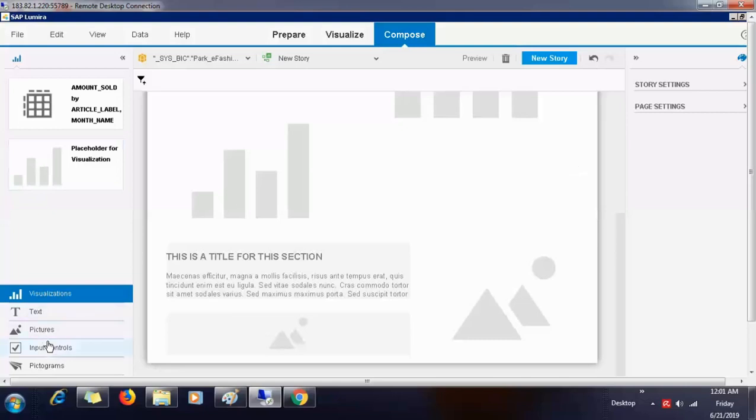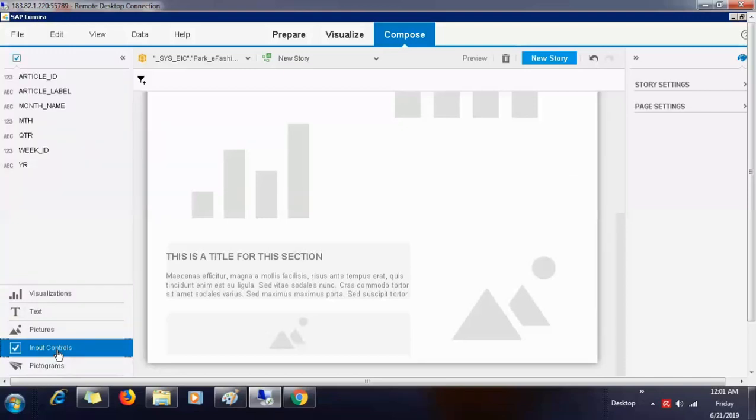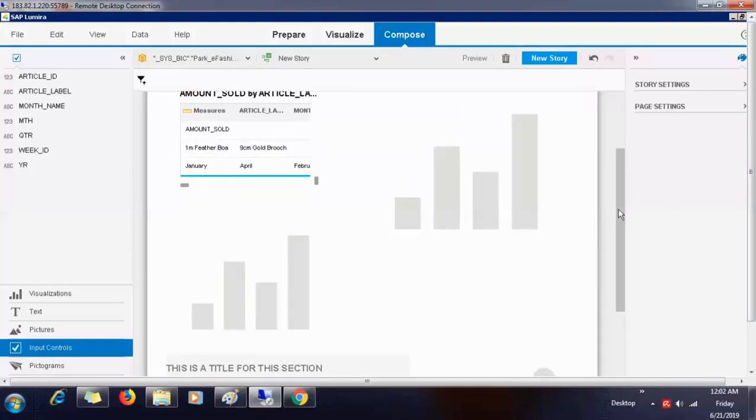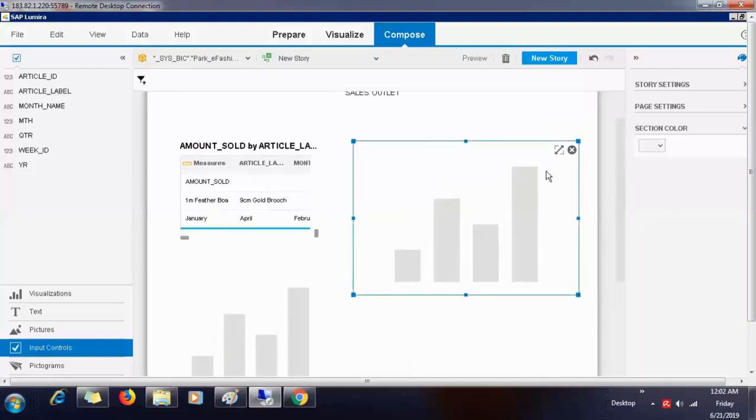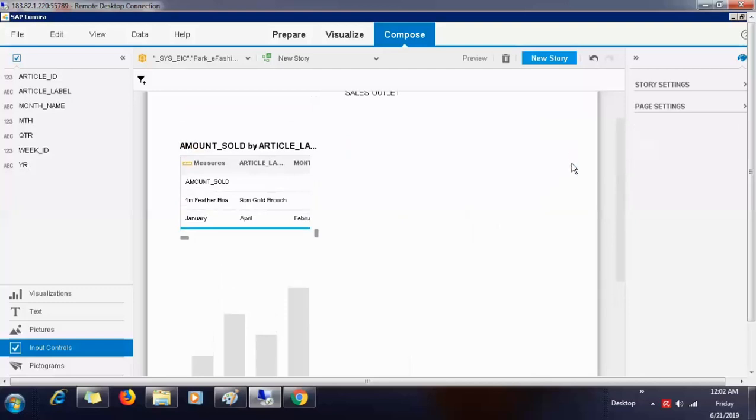Now, you can go to input controls. Say we want to add an object called quarter. We have added an object quarter to the existing query. Now you can drag and drop this. So whenever I select month, it must display the exact input value of the